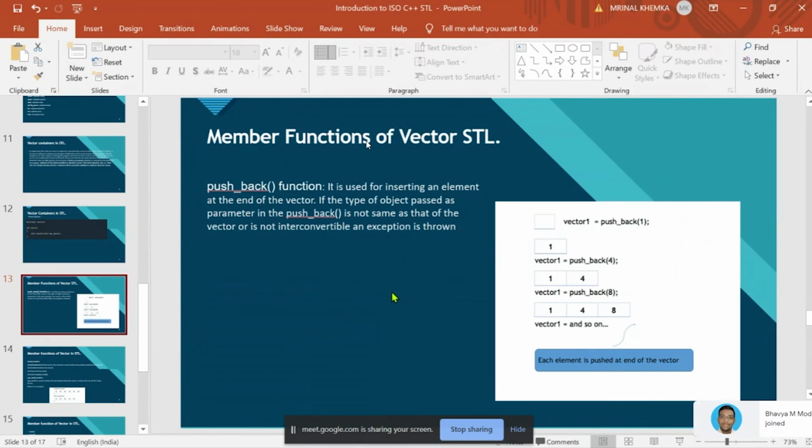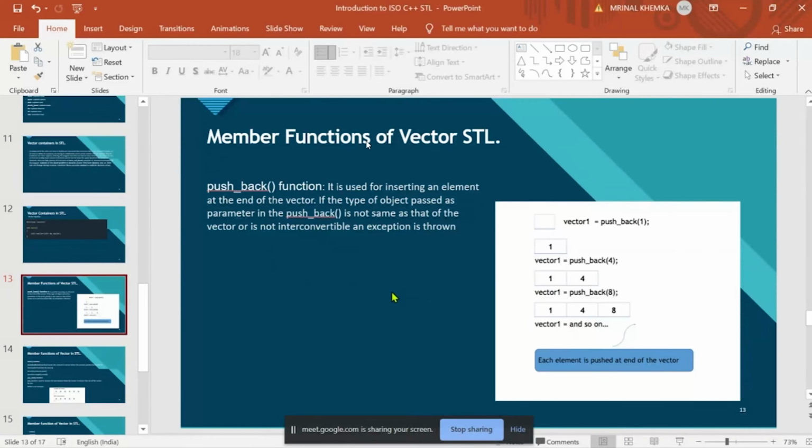The push back function is used for inserting elements at the end of the vector. If the type of the object passed as a parameter in push back is not the same as that of the vector, then an exception is thrown. You can see a picture beside the definition showing how the vector works in STL.